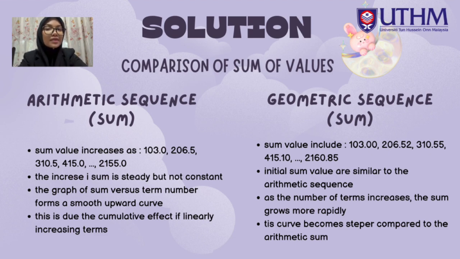When we plot the sum against the term number, the graph forms a smooth upward curve. This happens due to the cumulative effect of linearly increasing terms. On the other hand, for the geometric sequence, the sum values are 103, 206.52, 310.55, 415.10, and